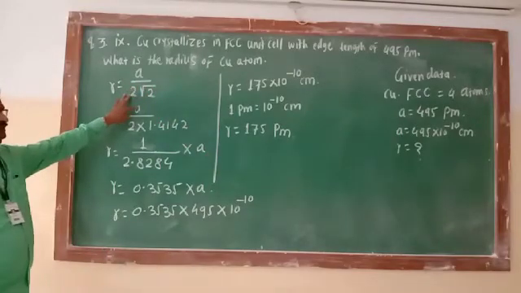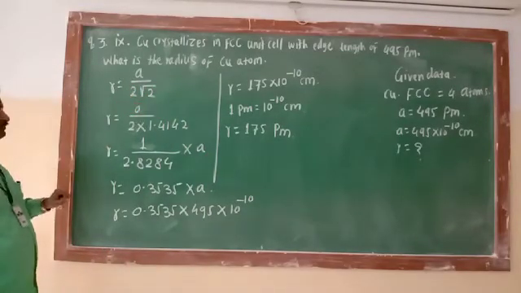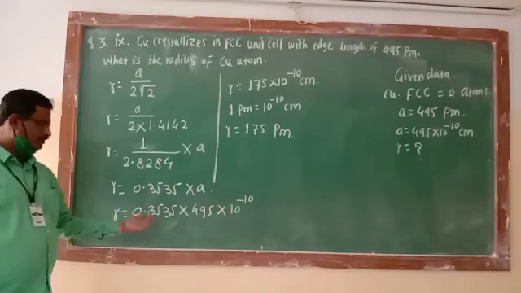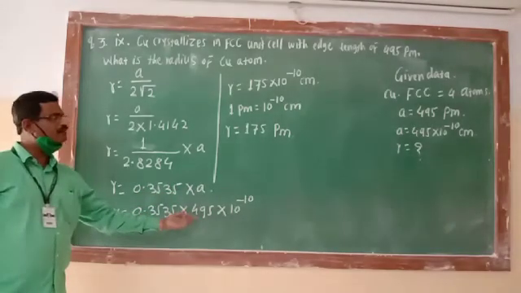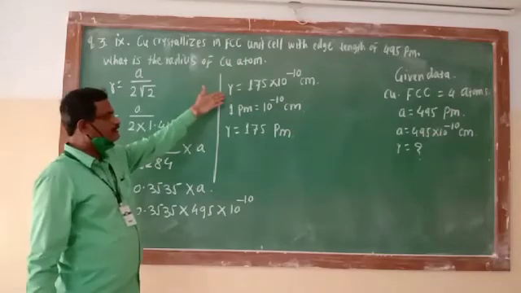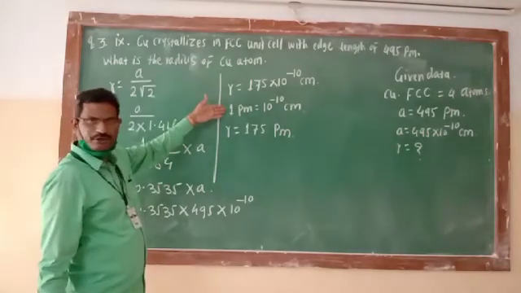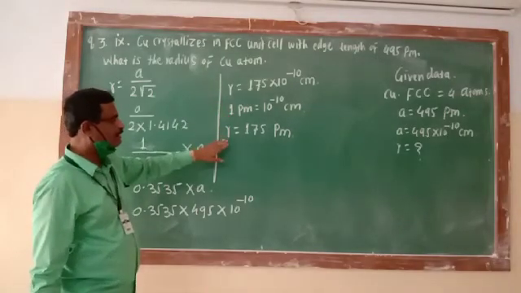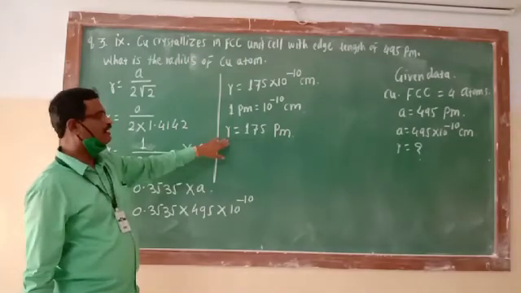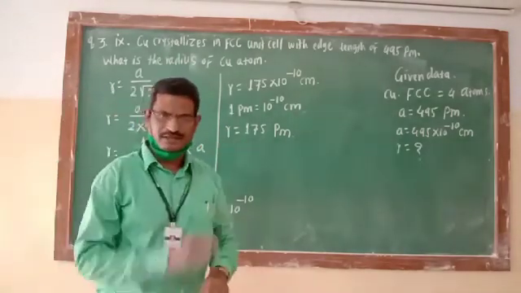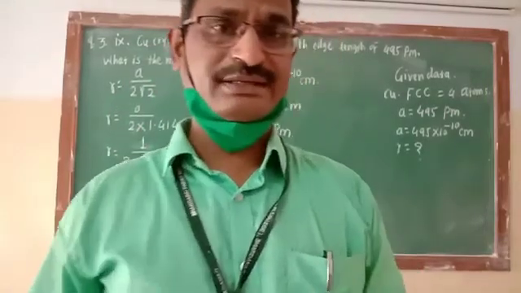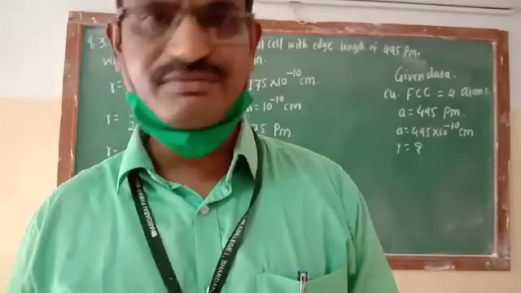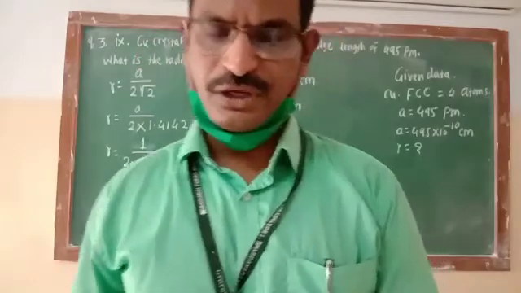Very simple. Given data, a is given. Simply substitute the value of a, multiply the value of a by this factor, log of first term plus log of second term and antilog. We will get the radius in centimeter. That centimeter is converted to picometer, because we know 1 picometer is equal to 10 raised to minus 10 centimeter. Therefore, radius will be equal to 175 picometer. So with that, we have solved three problems. Now for practice, you have to solve the remaining problems of the chapter solid state. So we'll stop over here.